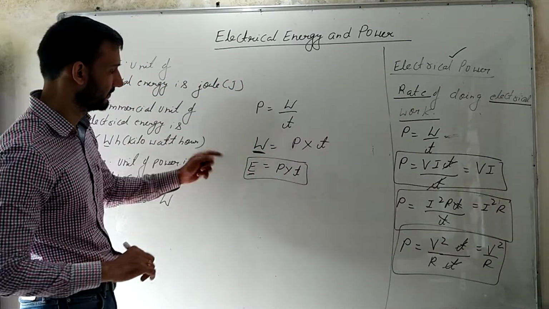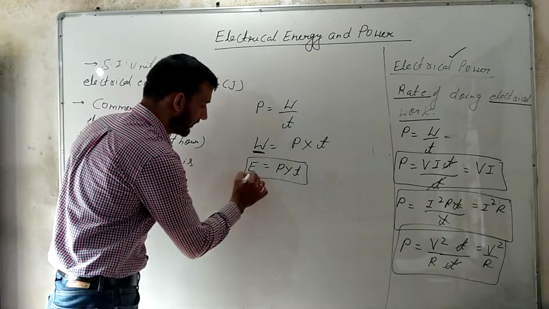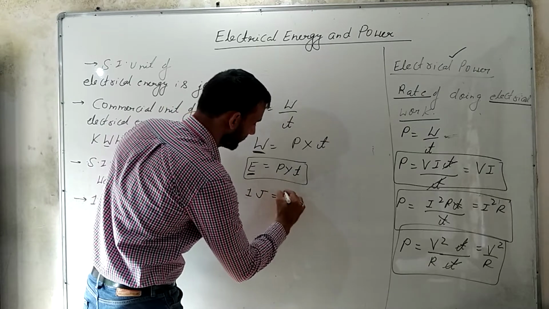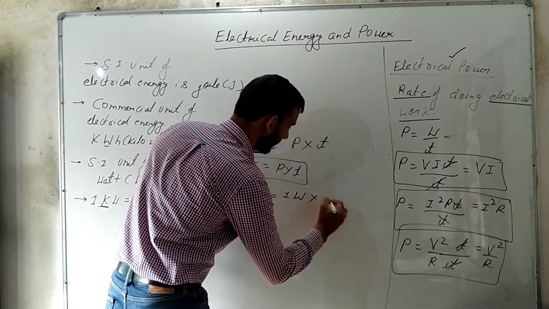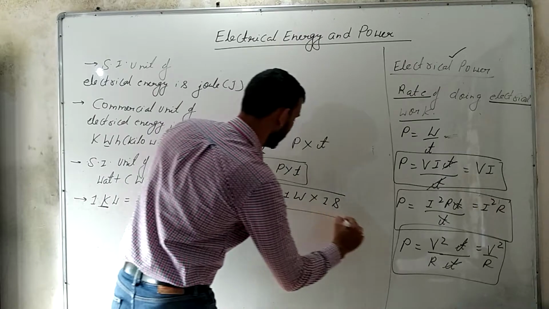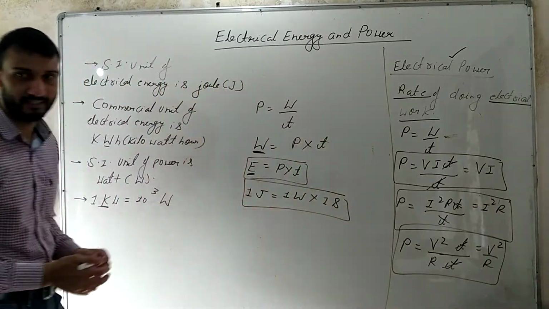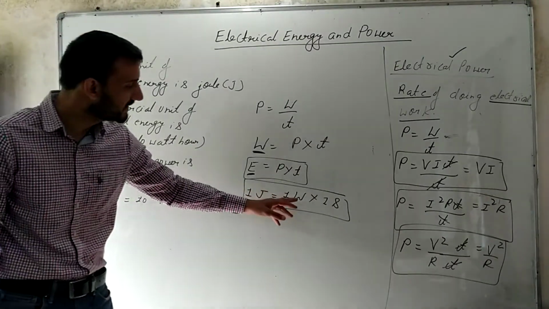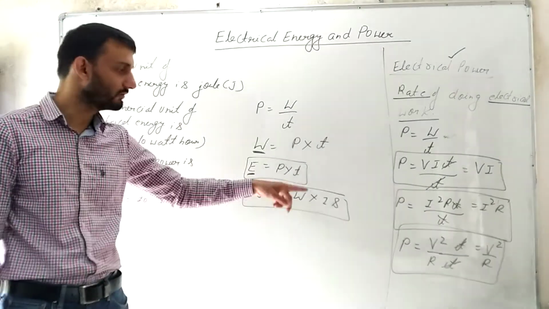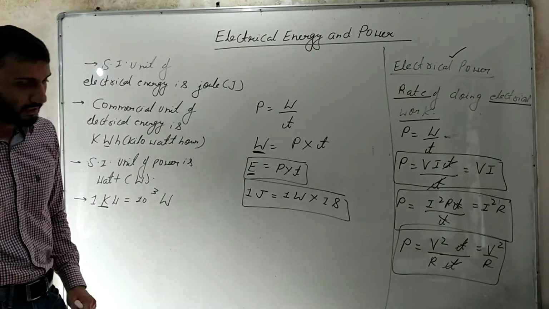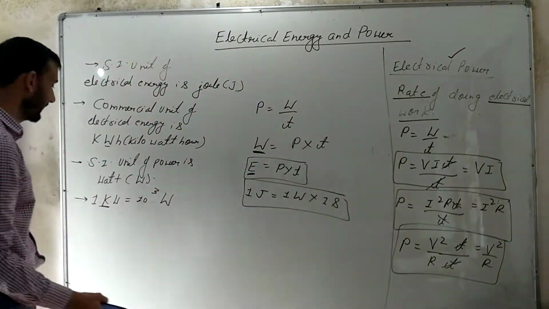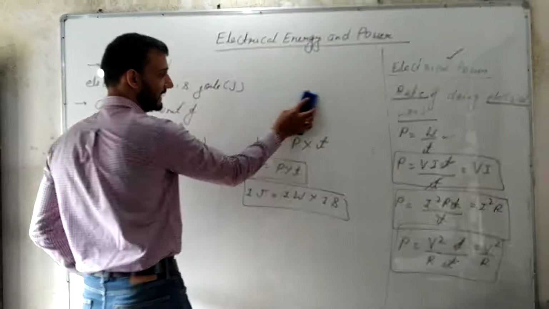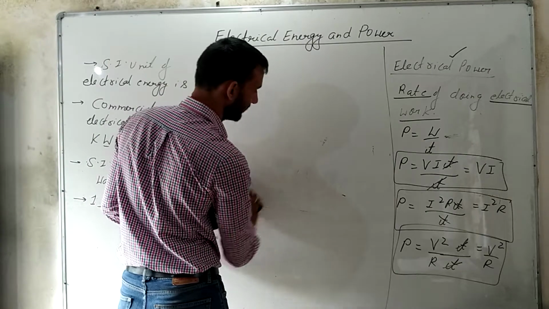Already we have discussed about this. So now if I write 1 joule, which is the SI unit of energy, as 1 watt, and this as 1 second, we are very clear that 1 joule is equals to 1 watt into 1 second. So whenever I write 1 joule, it clearly means watt second. So joule is equals to watt second, that we understood. But now let us derive a relationship between joule and kilowatt hour. I'll tell you why this kilowatt hour is very important for us to understand.